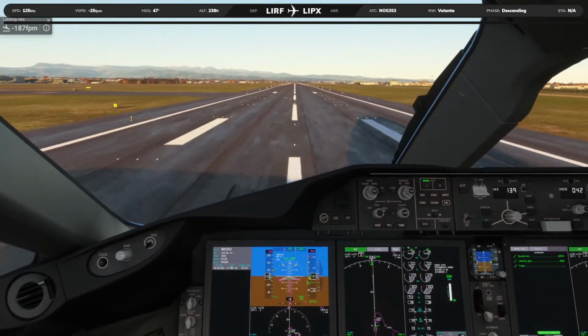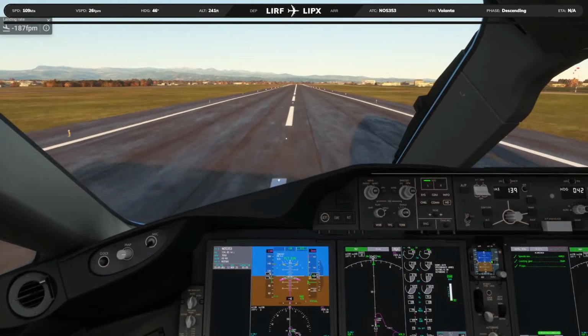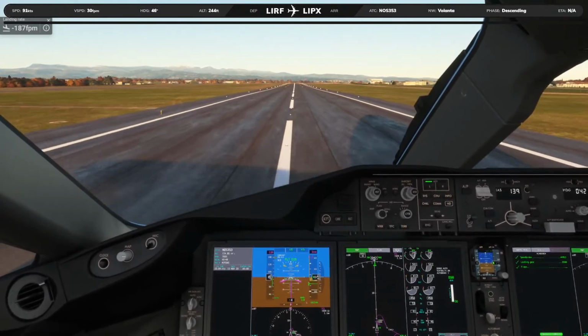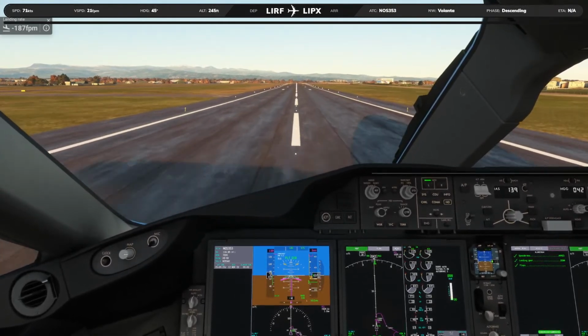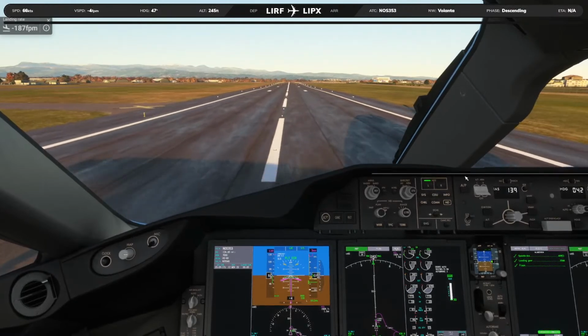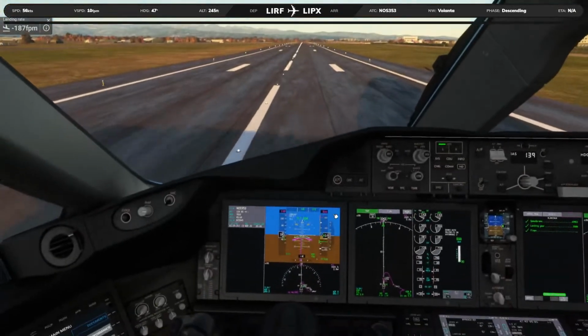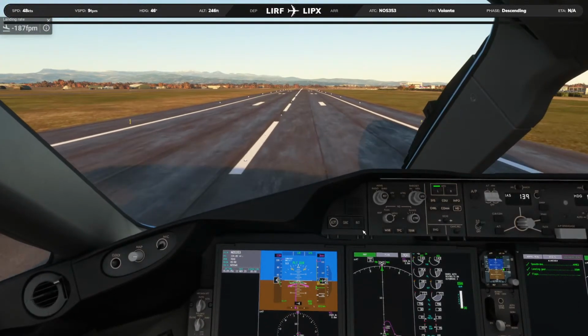Nice landing, as always. And welcome to Verona. Reversers. 80 knots. Manual braking. Lovely.